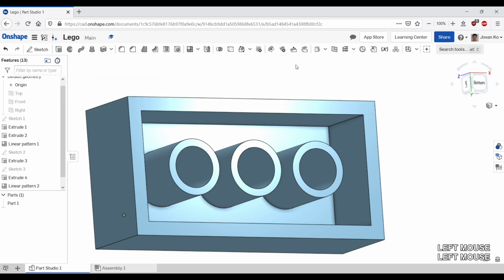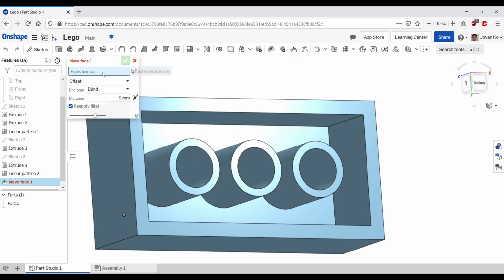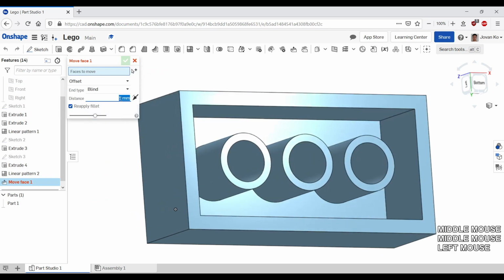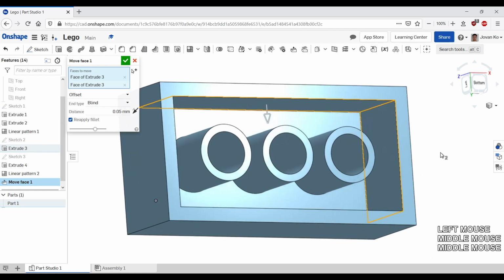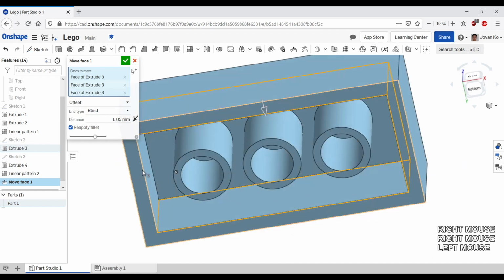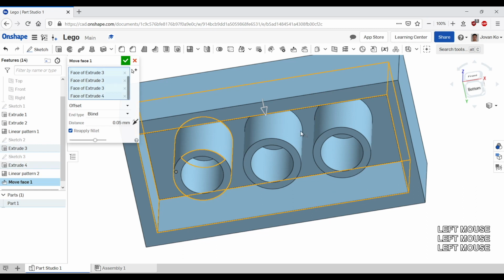The easiest way to do that is with the move face tool. So move face, as the name suggests, moves faces. So what I can do is I'm going to set a distance of 0.05 because that's the amount of clearance I want to give to each of these sides. And I can just start selecting each of these faces. So I'm going to select all these faces and the inner